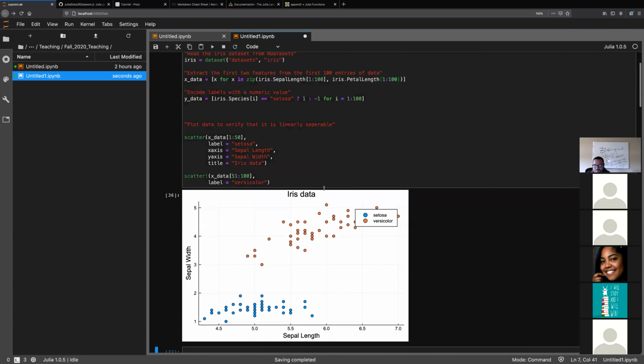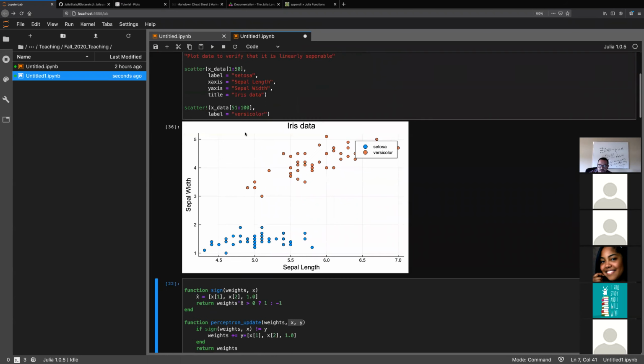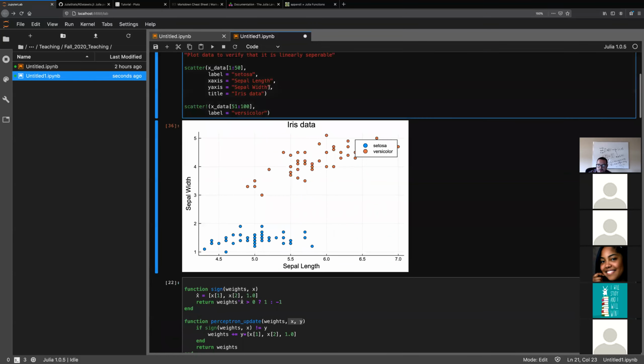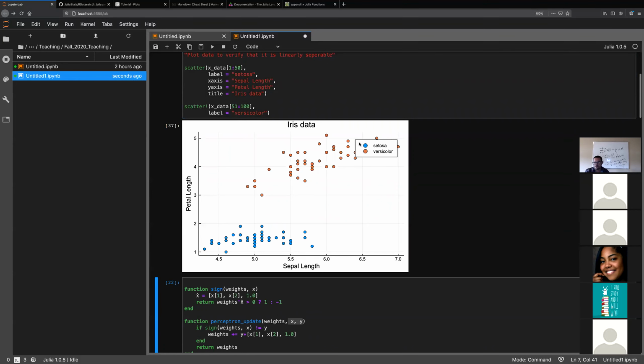And I plot it. Notice the data looks different, right? Because now, oh no, I'd have to change this, so I would like it if